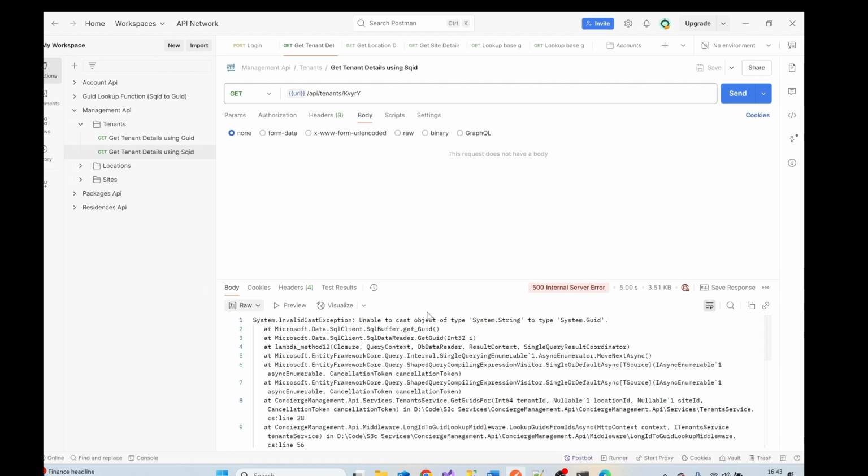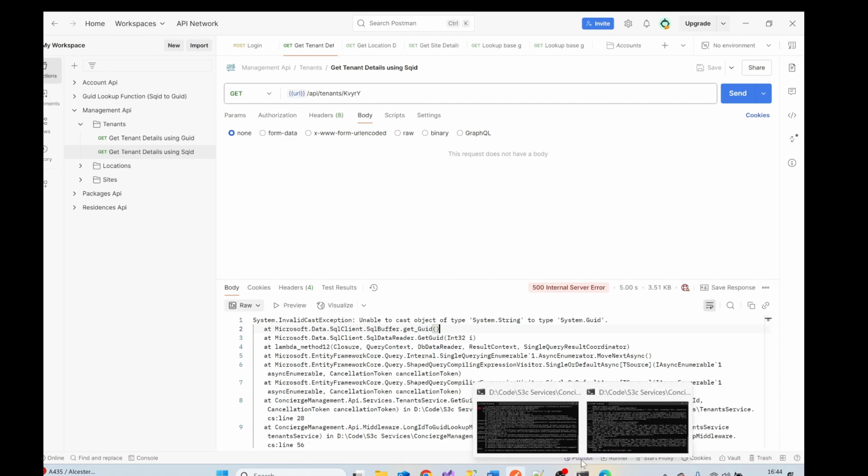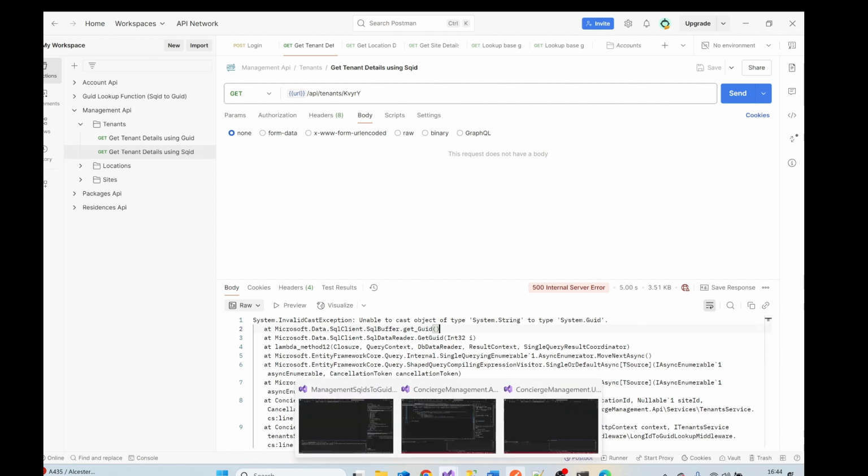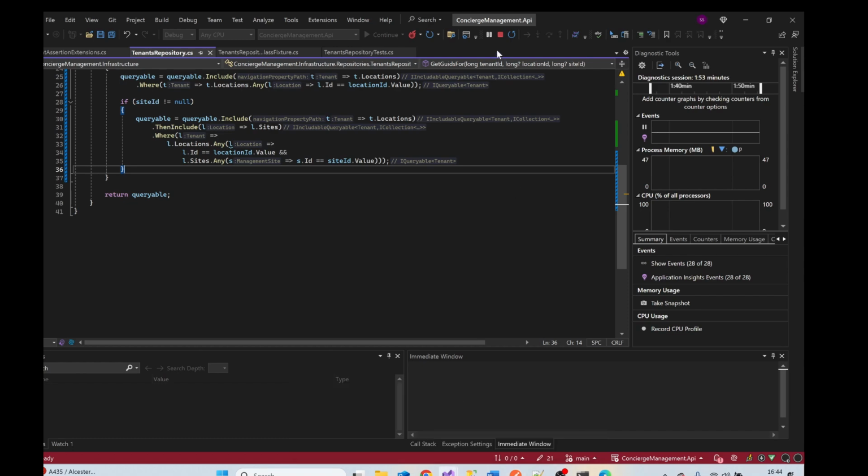And if it doesn't work, I get this weird error. It's trying to cast a GUID to a string. Not entirely sure why, but it's probably something to do with the projection and the null values. The generated SQL probably does some sort of exists or join, and the empty GUID isn't returning its proper type in the expression when it's mapped to SQL. So the fix for this is